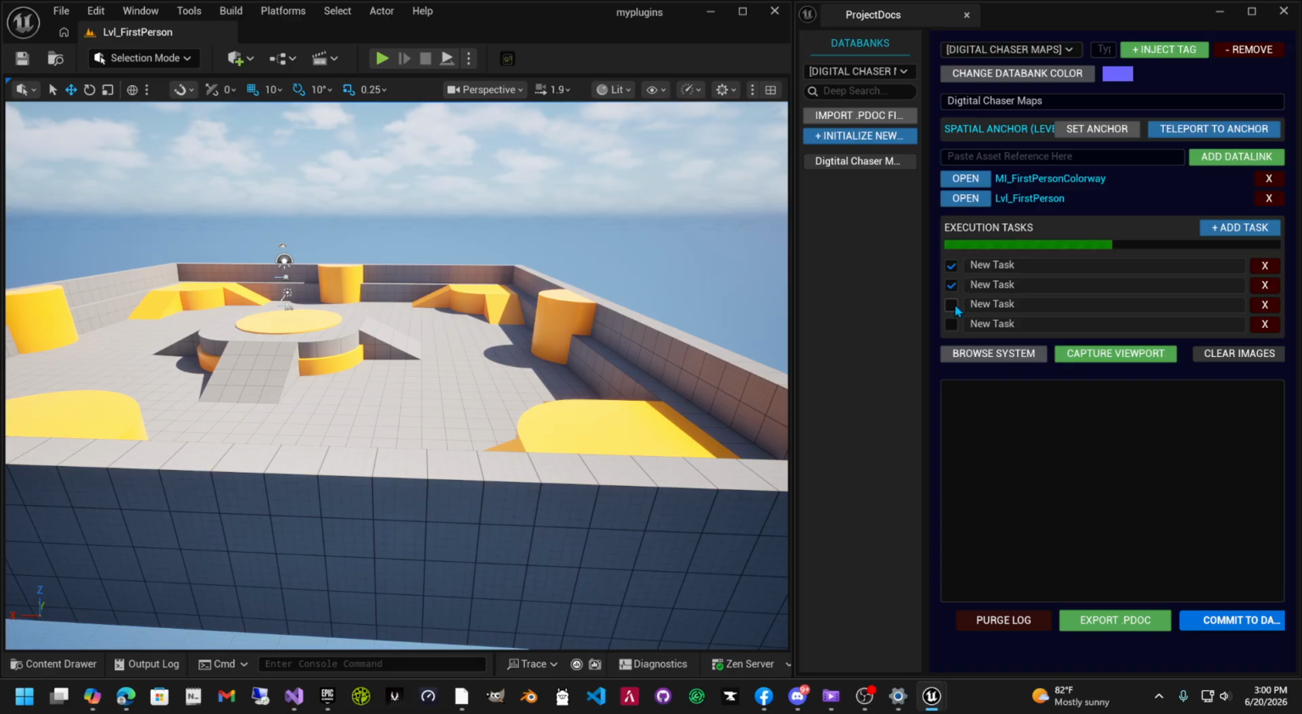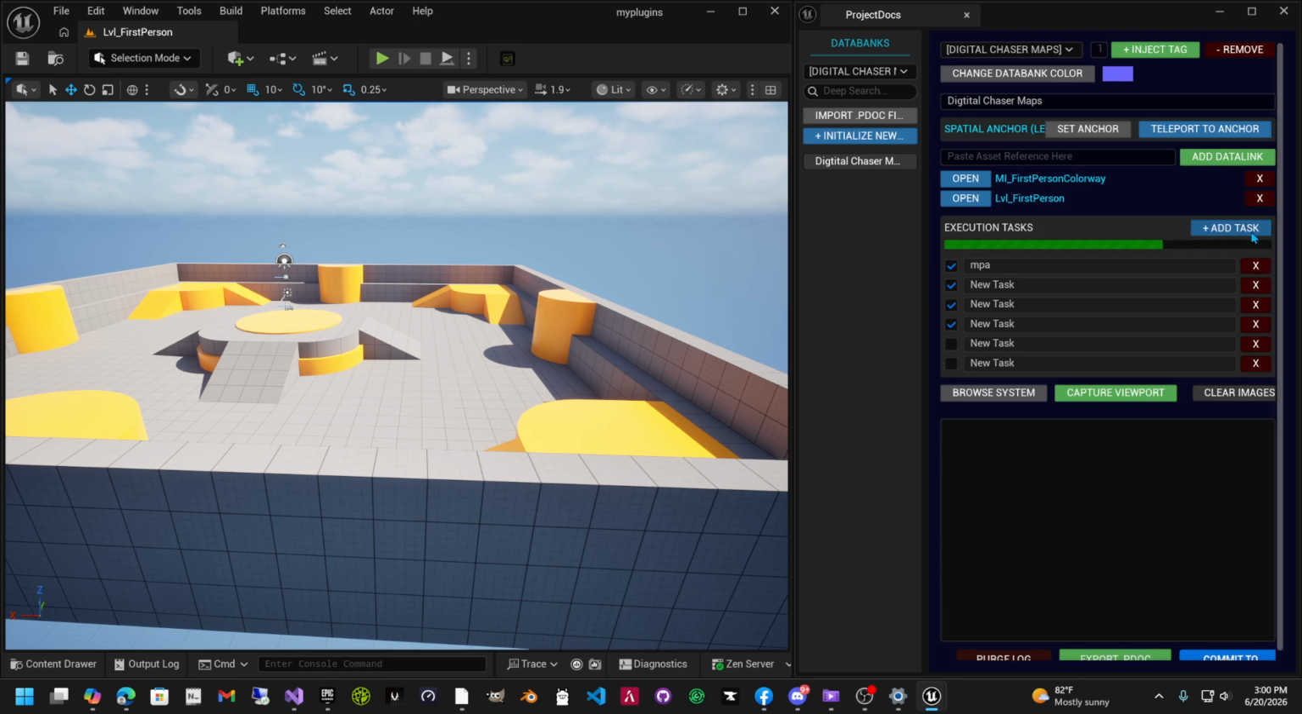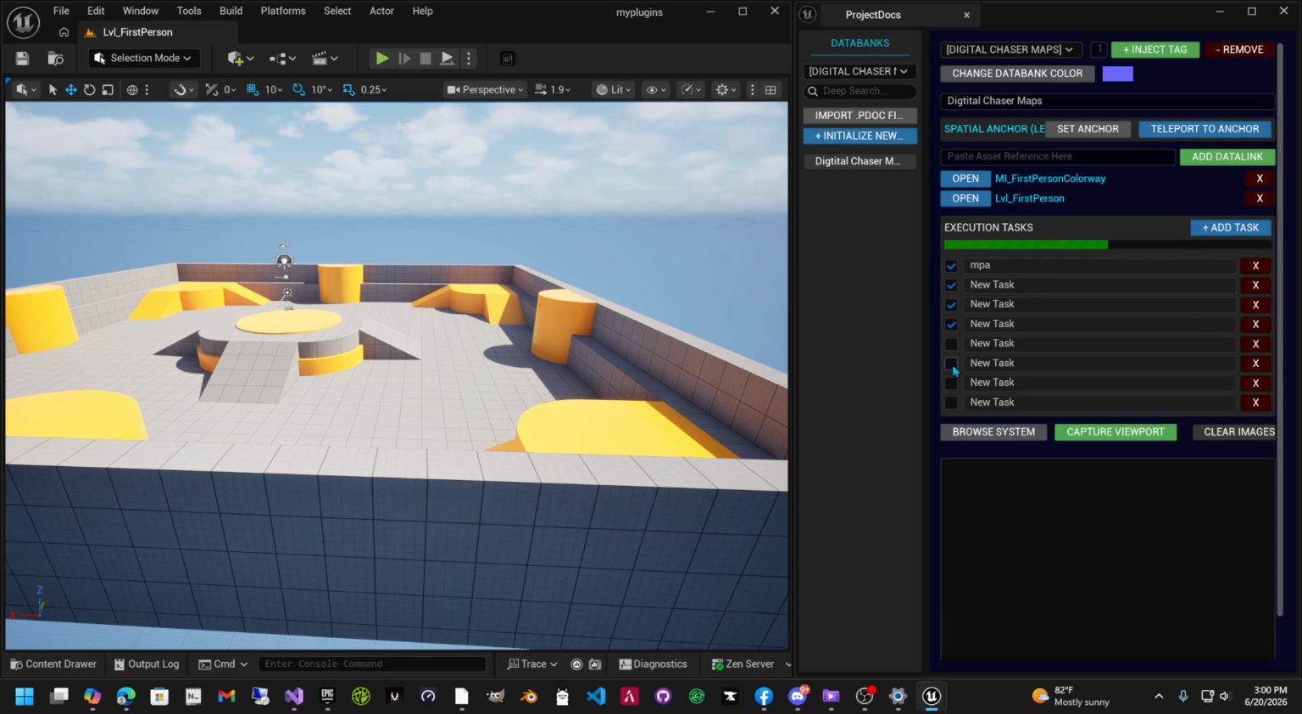We'll go ahead and check mark some of them. You can add, let's just say map, or whatever you want to put there. You can put whatever you want. And when you keep adding new tags, it will decrease it because you're needing to check them off